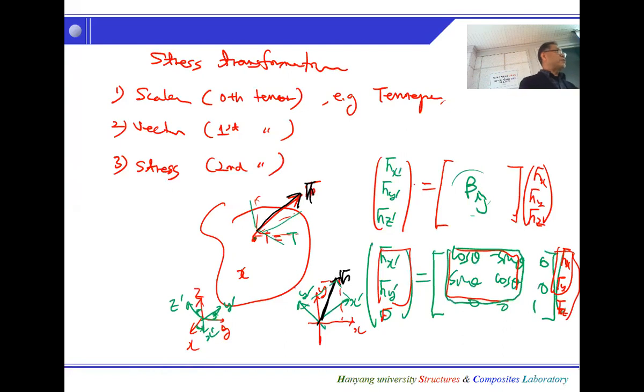So don't get confused. We don't rotate the vector, but we simply change the coordinate. The components which describe the physical quantity will vary, or are called transformed, from the previous components. Okay, that's the meaning of the transformation. Now you can extend the concept to stress, but unfortunately,